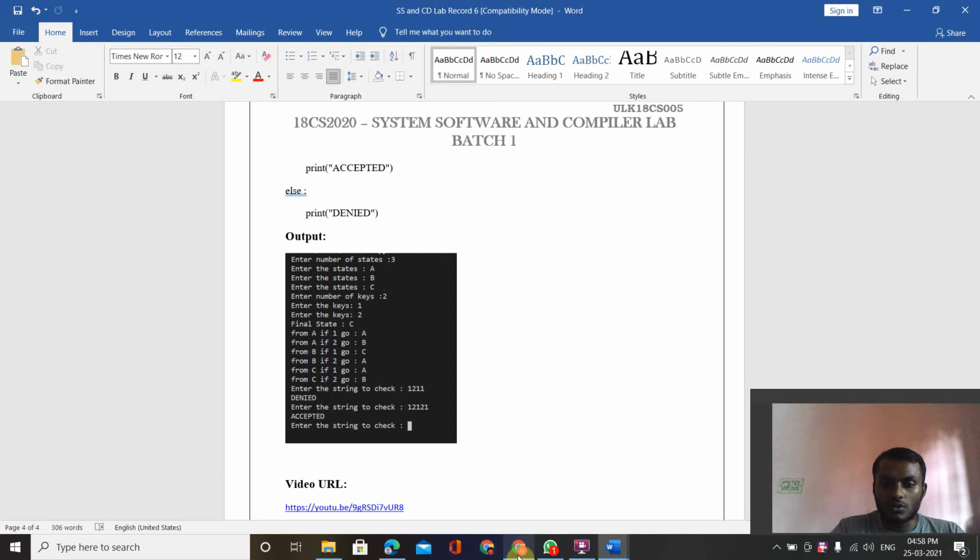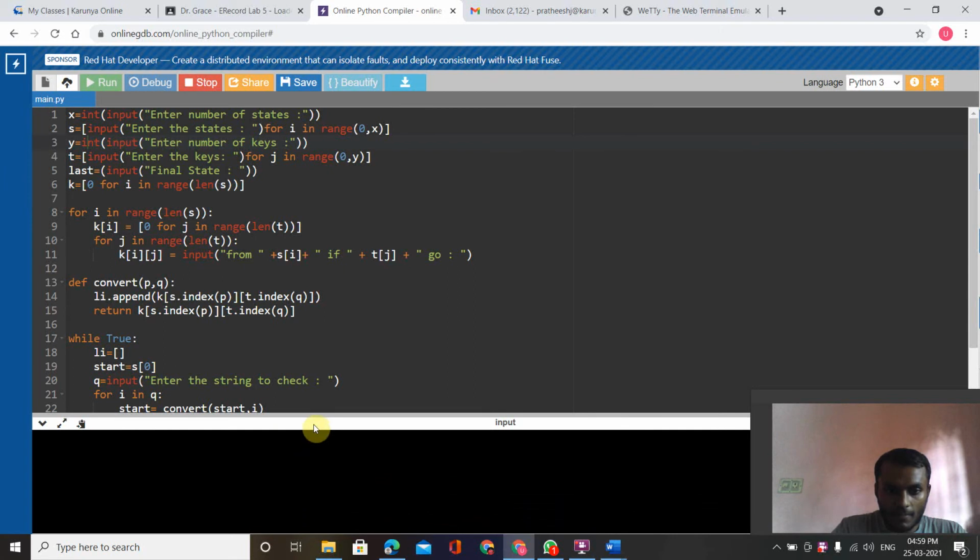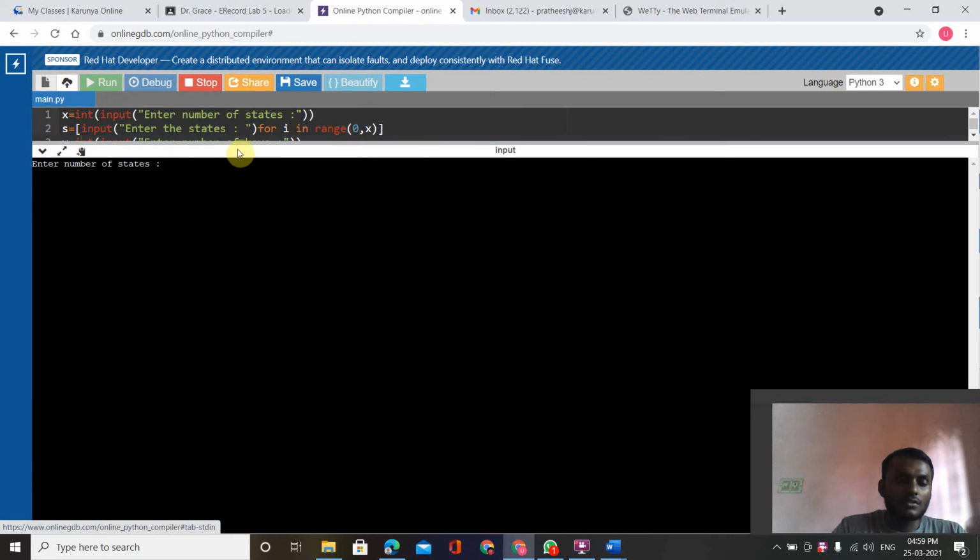So let's see how it works. I'm doing this in an online Python compiler. So let's run this program. This is my program. Let's see how it works. Here it's asking the number of states, so here I'm giving the number of states as 3. So it asks for state A,